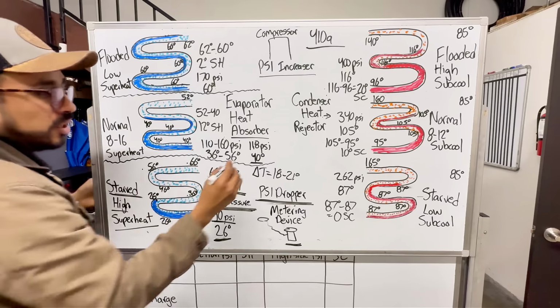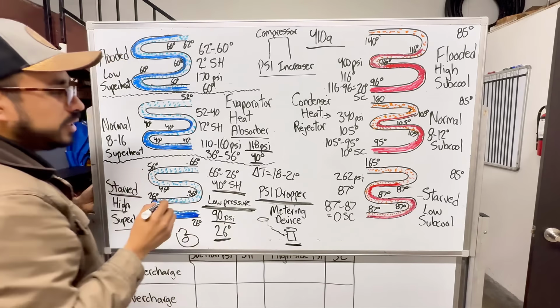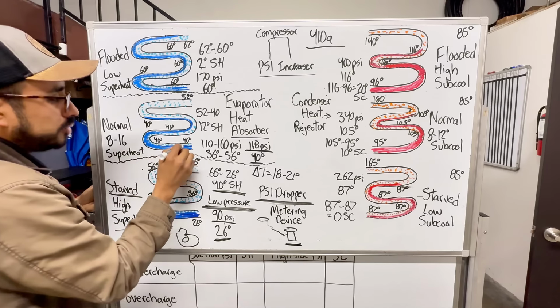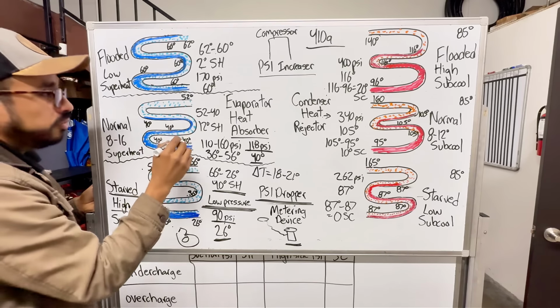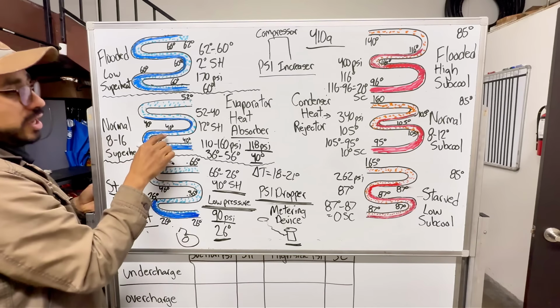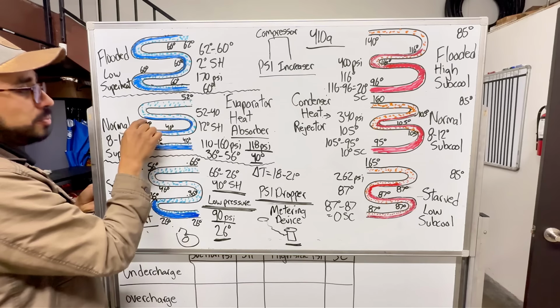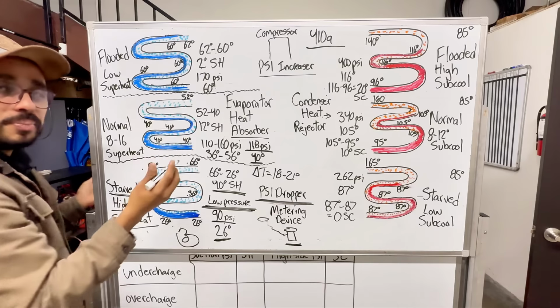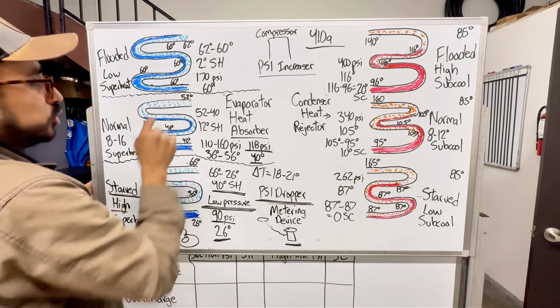In this case, we're using 118 psi. So that's a 40-degree evaporator temperature. As long as it's saturated, as long as you have a mix of both, the temperature is going to remain the same. 40, 40, 40, 40. Now you have less and less liquid and more vapor, but it's still a mix. And then right here, you gain sensible heat because it's only vapor, and boom, you have a suction line temperature